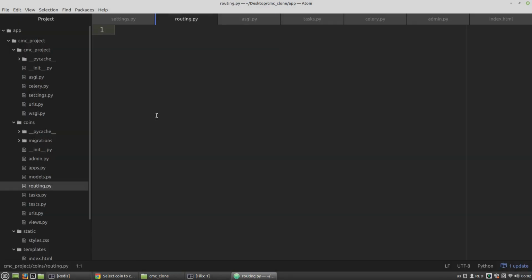And here, as usual, from django.urls import path. The ws_urlpatterns list will get a new element, the path. It will be ws/coins, for example, and the handler will be